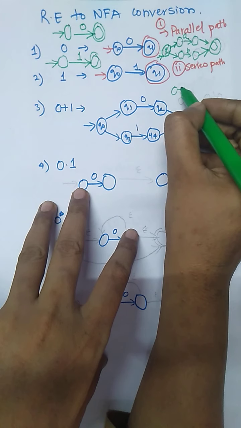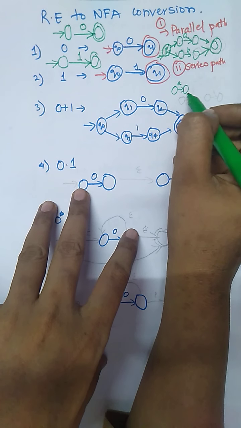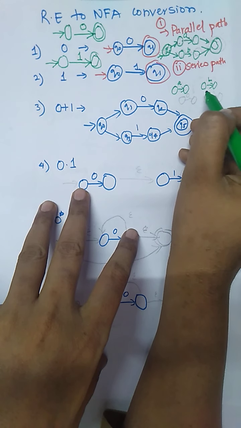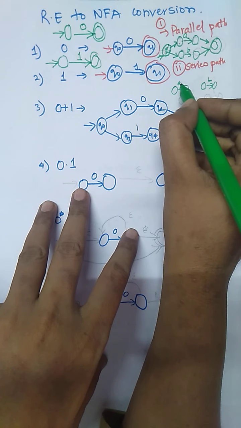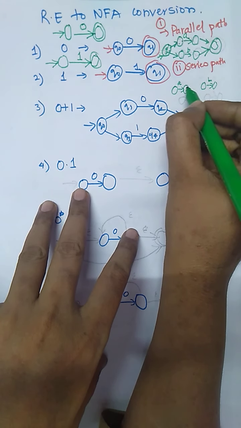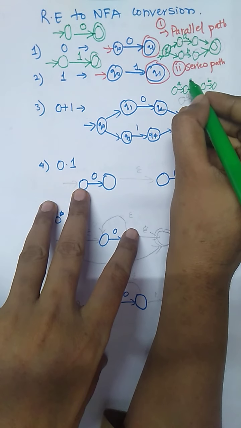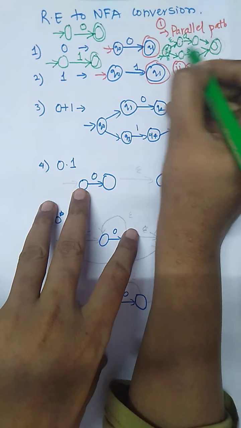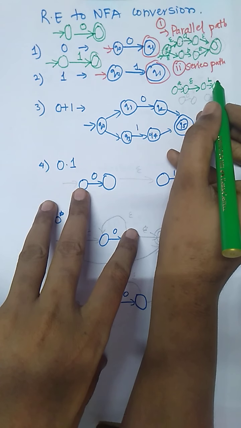Series path. Suppose we have A here with some initial state and some final state, that we are not marking here. And here also we have B with some initial state and one final state, which are temporary initial and final states, not confirmed. Now after A we always have to follow B. For that we have to connect them in series, in one line, not in two lines. So in one line we have the connection, which will be added with the input symbol epsilon. Here also we are going to add them with the input epsilon. Now A is followed by B.